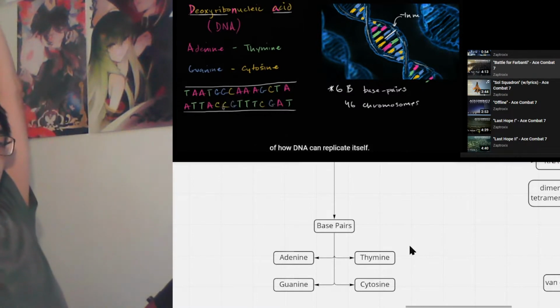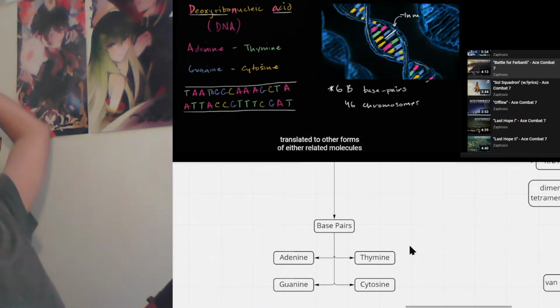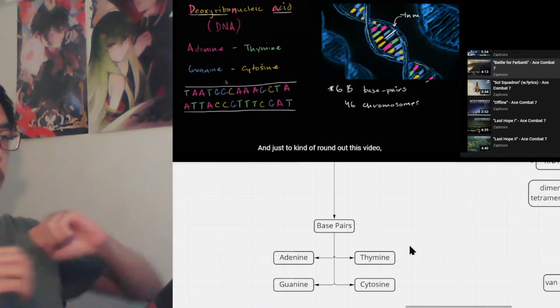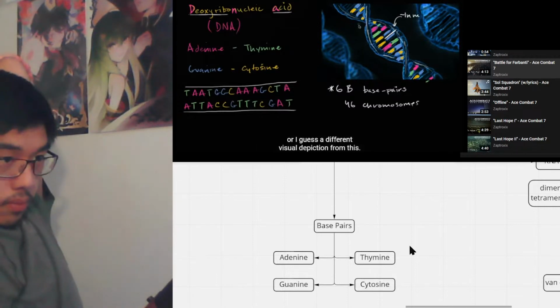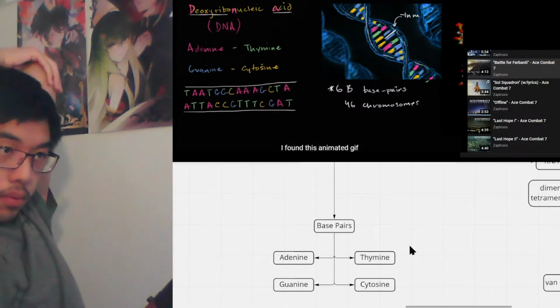That gives you an appreciation of how DNA can replicate itself. And as we'll see also, how this information can be translated to other forms of related molecules, but eventually to proteins. And just to round out this video, to get a real visual sense of what the DNA molecule looks like, or a different visual depiction from this, I found this animated GIF that,